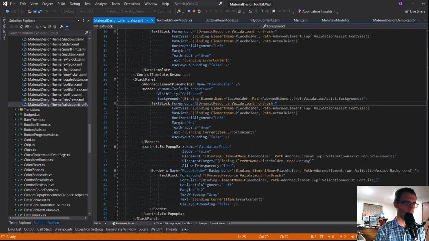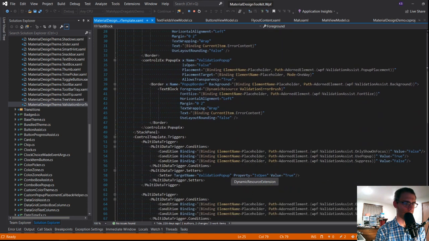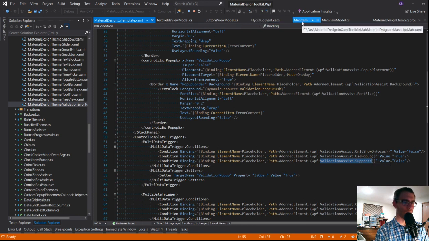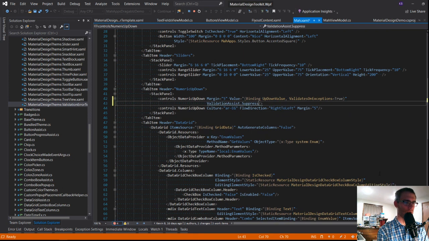Font size. So we should be able to just force the validation off with this. So to verify that this is working, come on, you can figure it out.